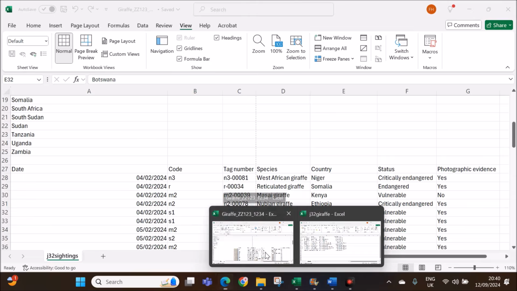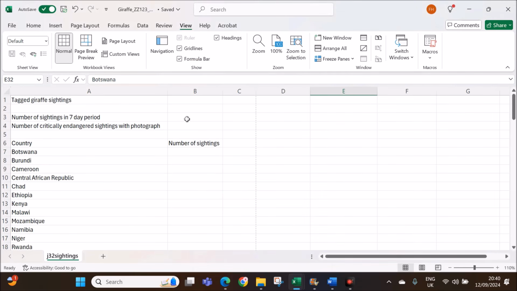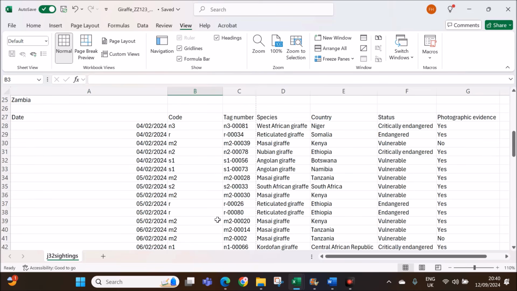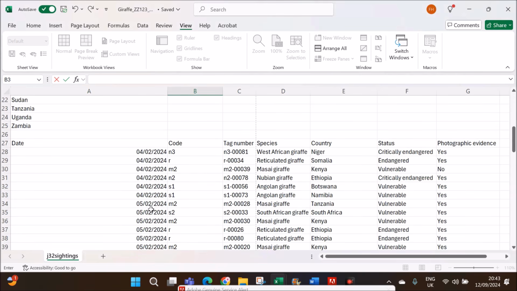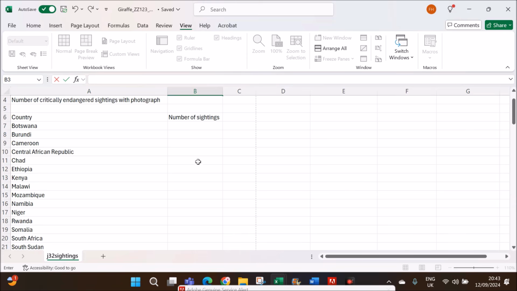In cell B3. So this is the cell. We have to find the total number of sightings. So we can use the count formula here. Any column can be used for counting. So